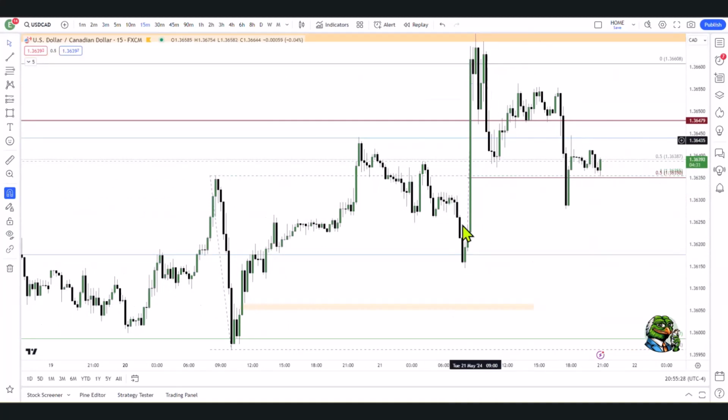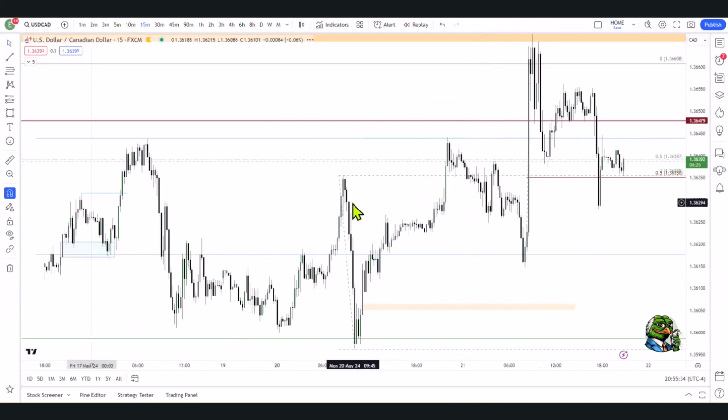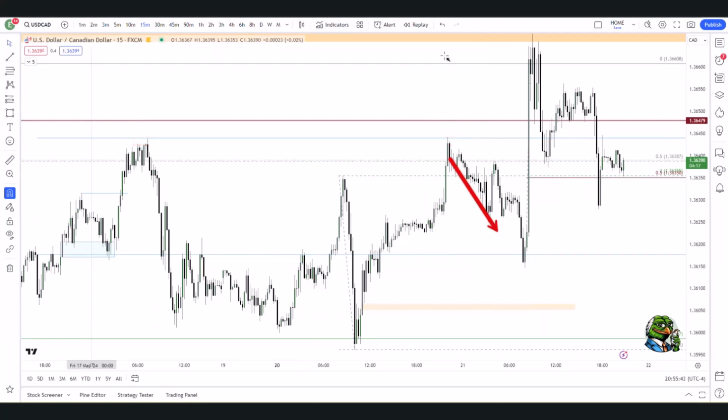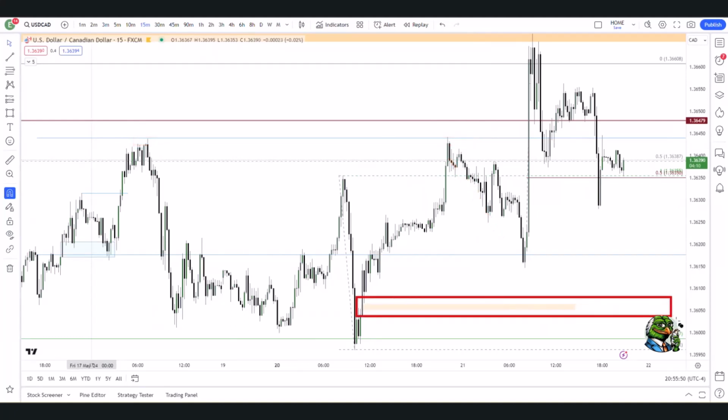I mentioned a couple of levels, so ignore this move up, we'll talk about that in a minute, but we were up here somewhere when I said we're going to get a news release, and we had these highs intact, right? At that point in time, we had this liquidity, and the market was going down, okay? Now, I was expecting the market to get down to this inefficiency, okay,